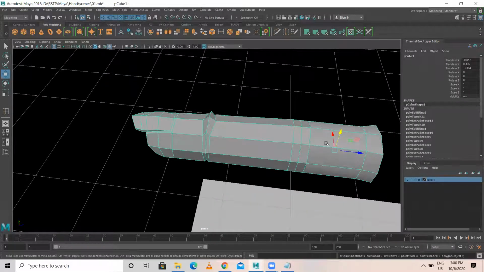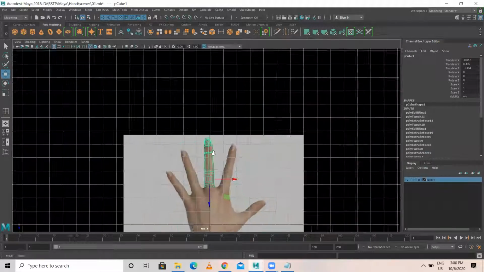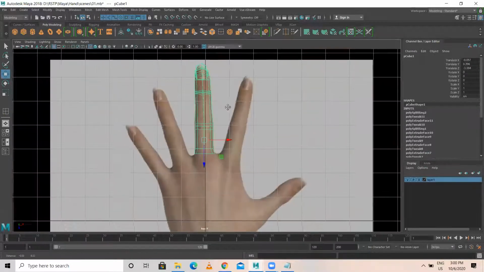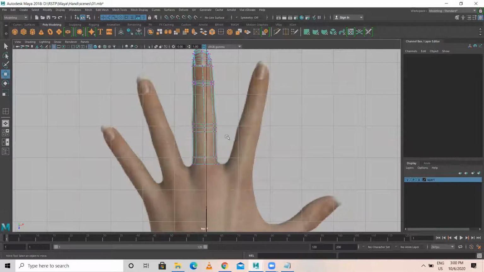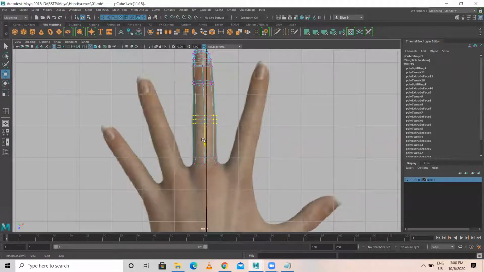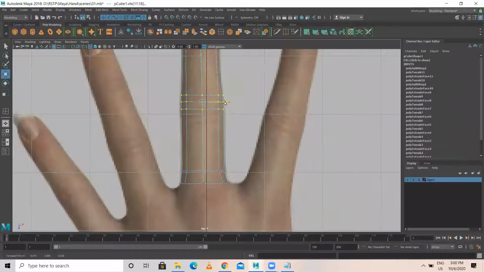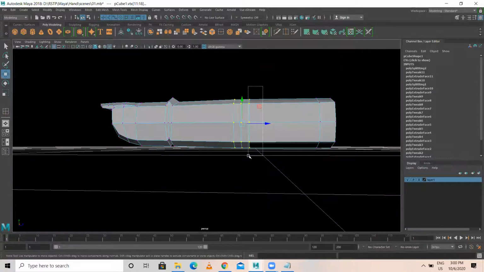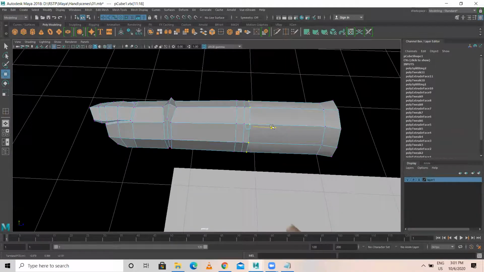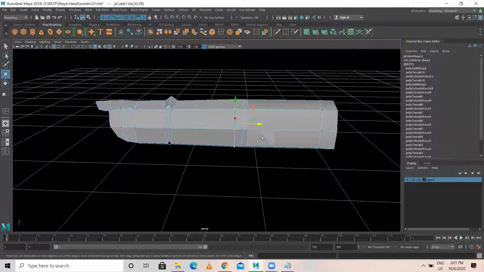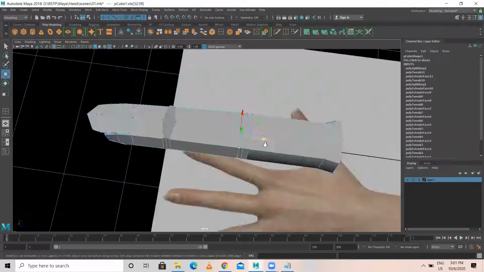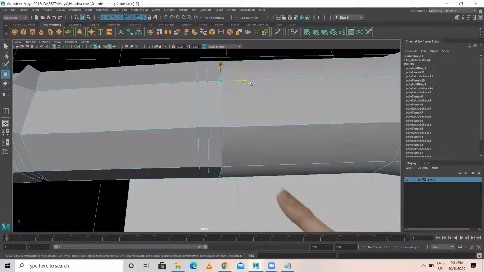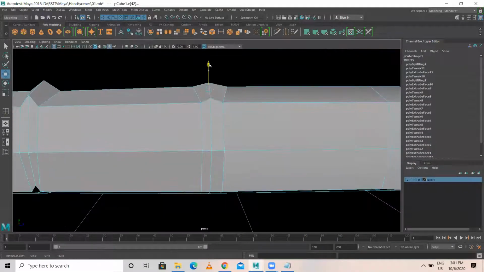Same thing, let's do it over here. So all this I'm selecting, it's somewhere over here. Okay, and this should be closer, and again this also should be closer. So same thing I'm doing here, whereas this is a bit away. This is a bit away. Whereas the center two edges, I'm gonna lift this.